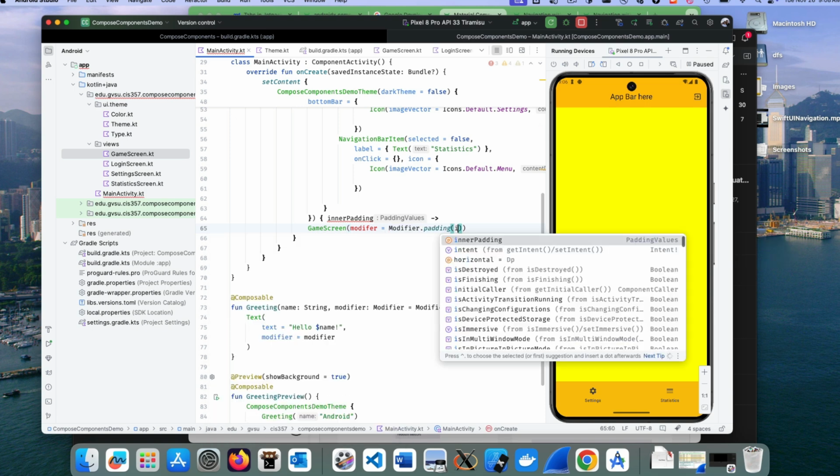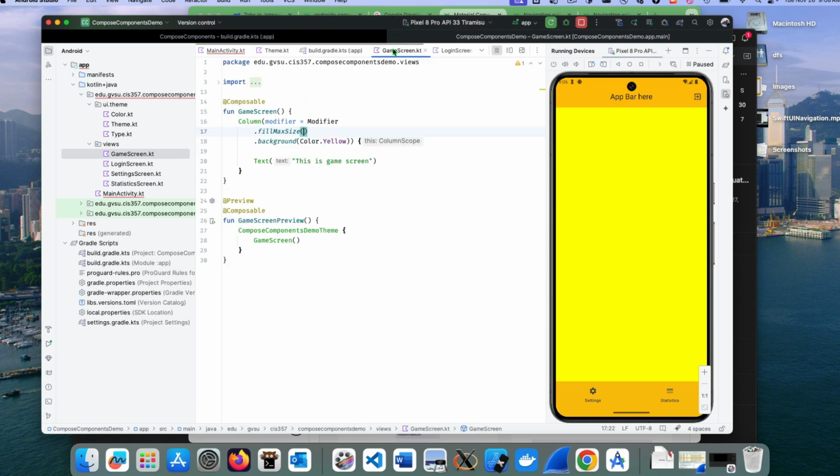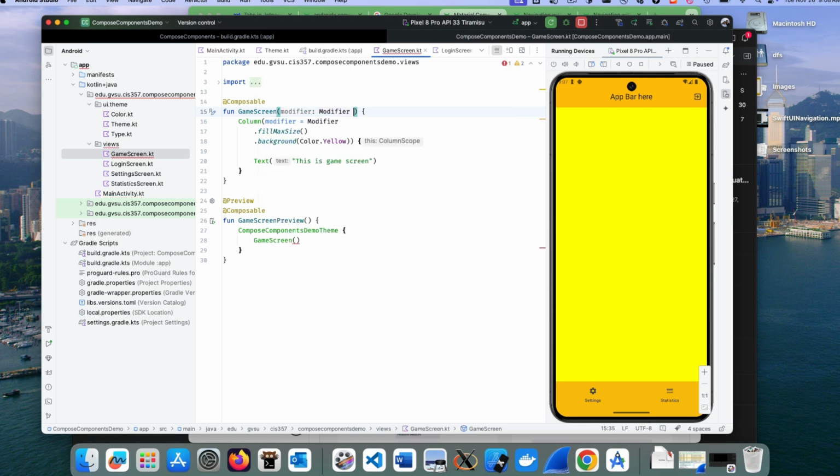I want to pass that number into the game screen as an argument, but currently my game screen doesn't take a modifier argument, so that's why it gives me an error. So I want to update my game screen to take a modifier argument here, and I just put a default